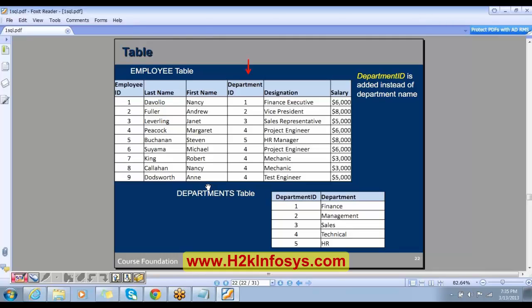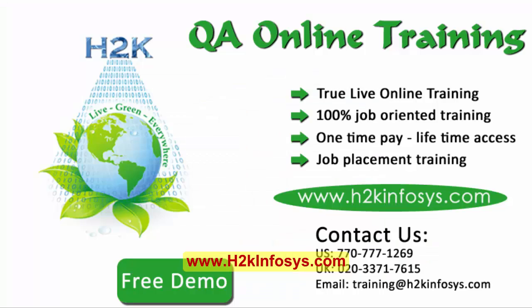Yes, it is, because you see here, 1, 2, 3, 4, 5, it is unique. It is not getting repeated, and each and every department has a unique ID over here. So yes, department ID is a primary key in the department table. Now this column is used